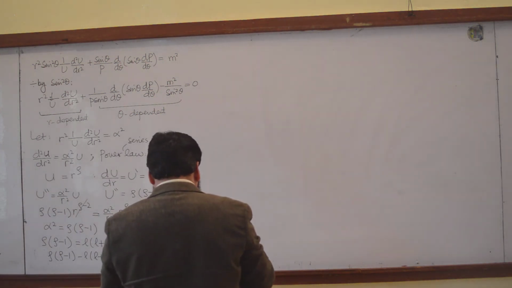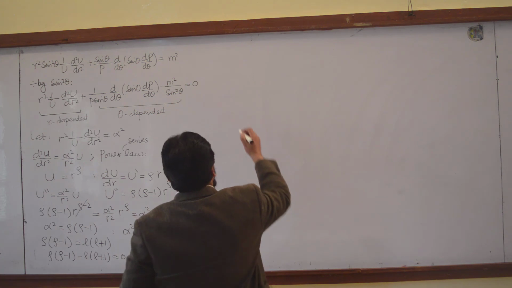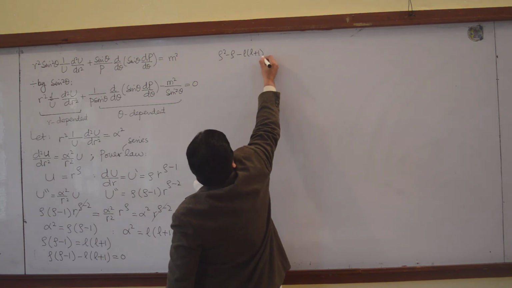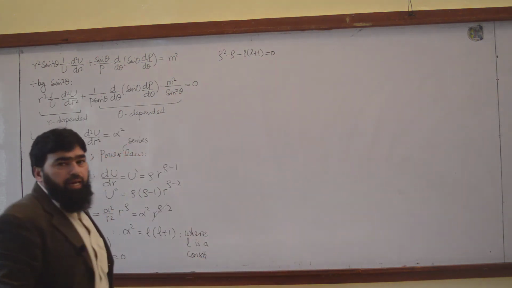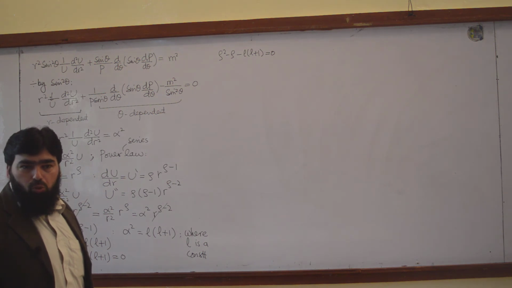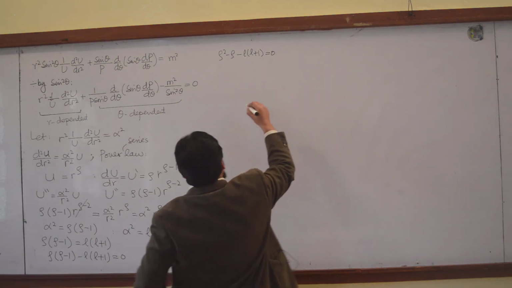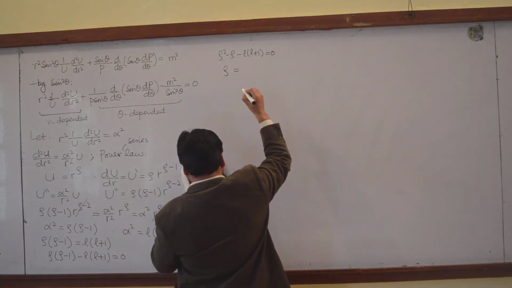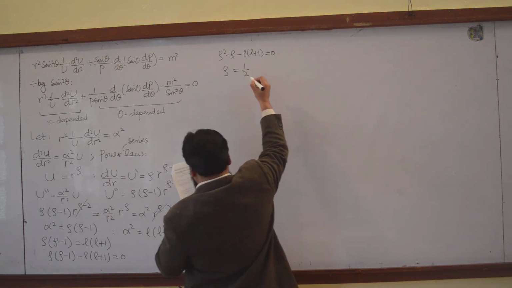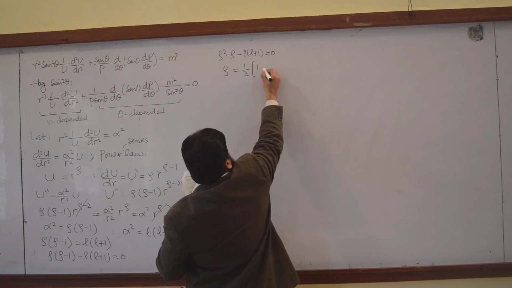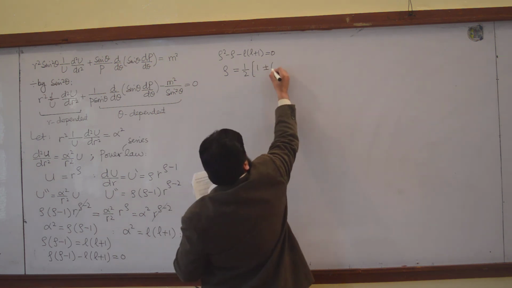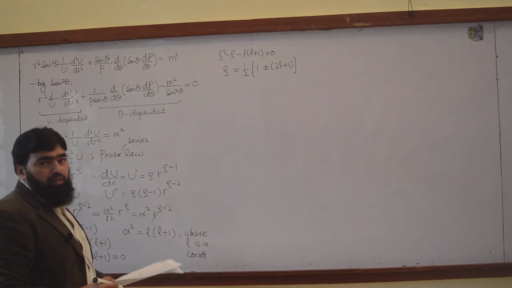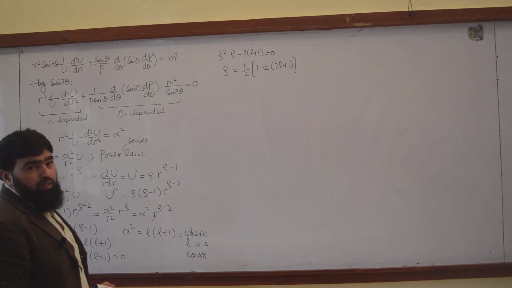So I can write that if I further solve this one, then rho square minus rho minus L into L plus 1 is equal to 0. And this is a quadratic equation in rho. So I can solve by the quadratic formula, and rho will be equal to half of 1 plus minus 2L plus 1. When you use the quadratic formula, minus b